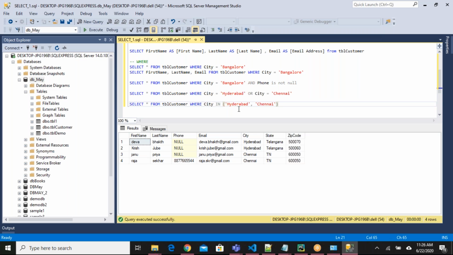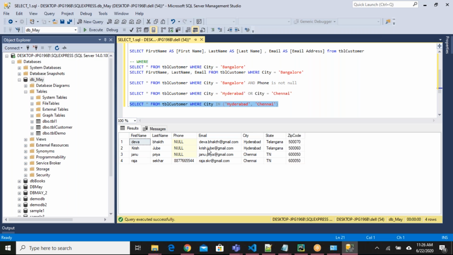If I say like this, city will be compared against this list of items. If city belongs to Hyderabad or if city belongs to Chennai, all those records will be considered. Okay. We use in when we want to compare with multiple values.